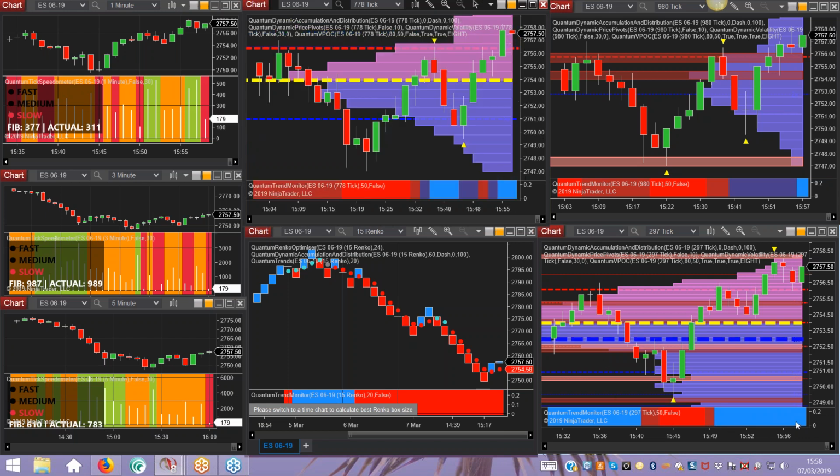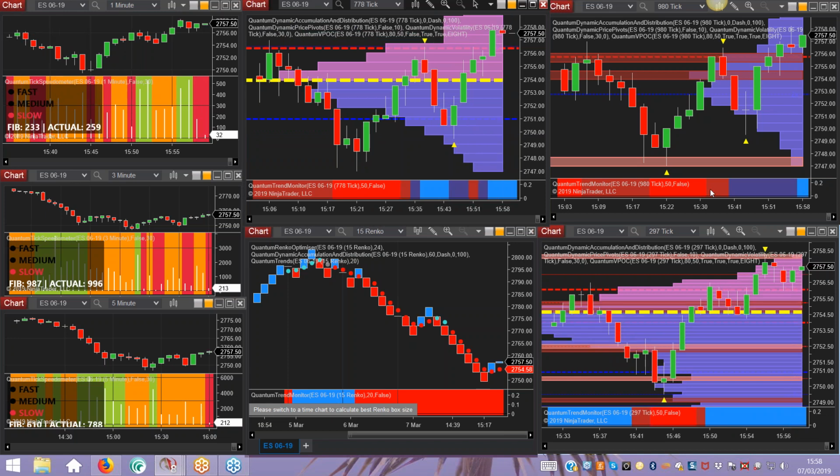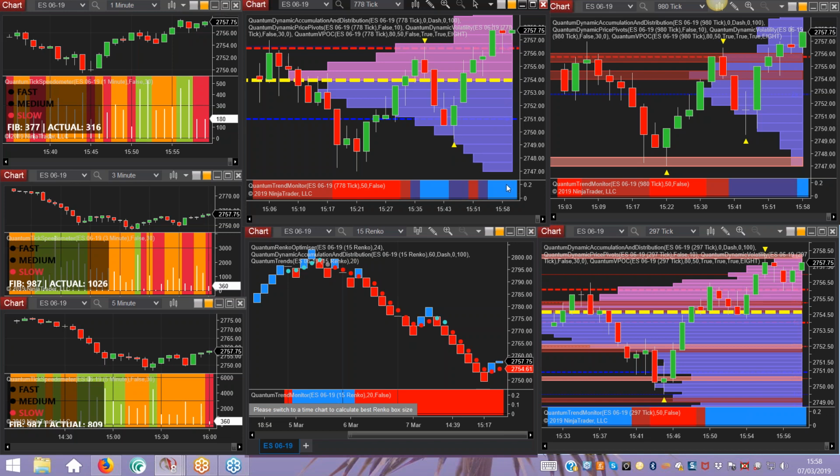And you can see the trend monitor, that's transition blue on here. We've gone through the full color range here. We've gone bright red, dark blue. Now we're into bright blue as we exit and start to take off to the upside. And the same here on this particular chart. So you've got 3 charts helping to give you a visual metric on that flow of sentiment and the flow of the trend as it changes from one phase to another. And that's what the trend monitor is there to help to keep you in.